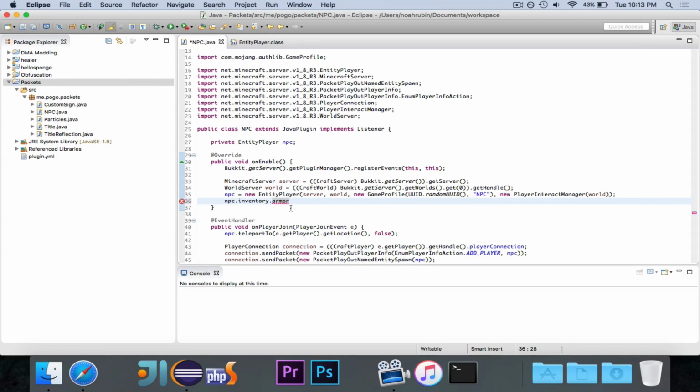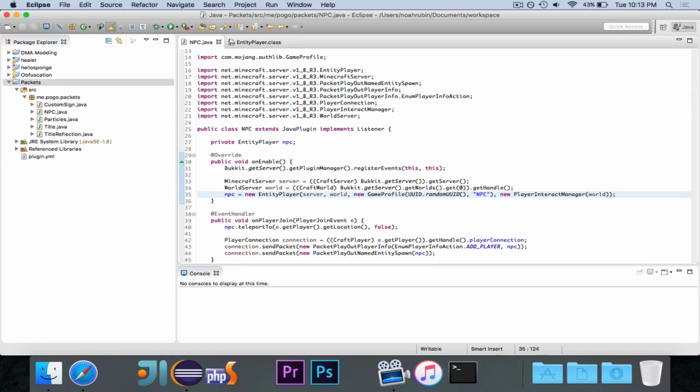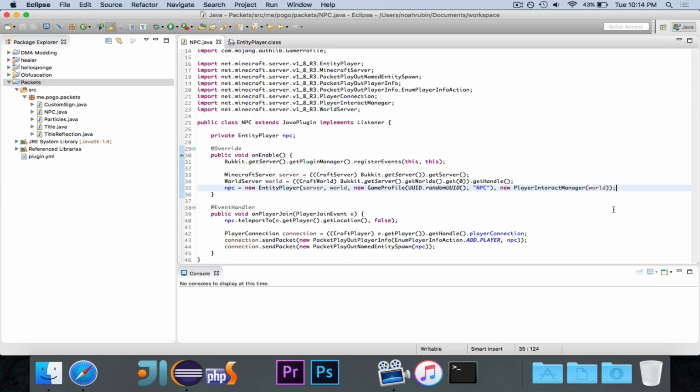There's the armor. Or you could set the item in their hand. So if you want them to be holding a particular item or wearing a particular suit of armor, then you can do that. So anything that you can do to a regular player, you can do to an NPC. I believe you could set them on fire if you wanted to, and there are all kinds of different things that you could do. So that is something important to note, that this NPC system is very powerful, not only